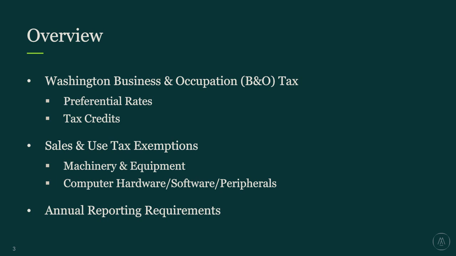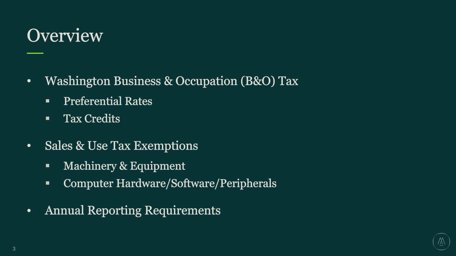They come in two forms. There's an aerospace product development credit or pre-production credit, essentially a research and development credit specifically for aerospace companies doing business in Washington. There are also a couple of property tax credits, and these are credits that you take on your Washington excise tax return against your B&O tax liability for some of the property tax you're paying on either your real property or your personal property used in qualifying commercial aerospace activities.